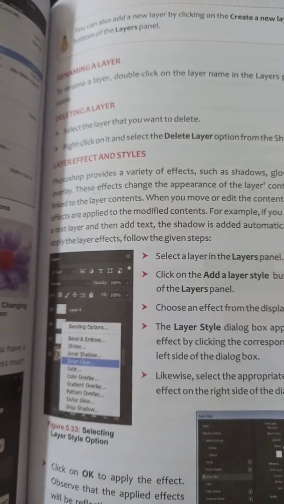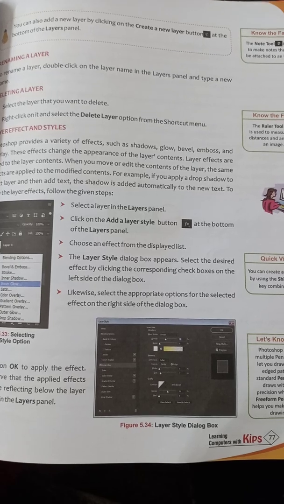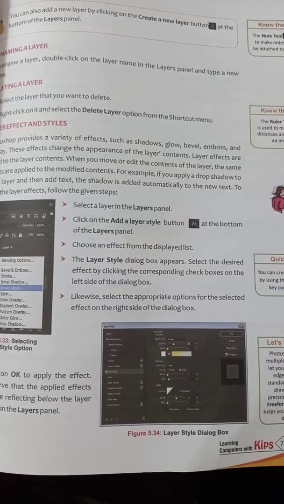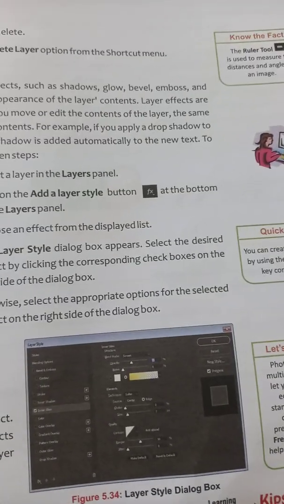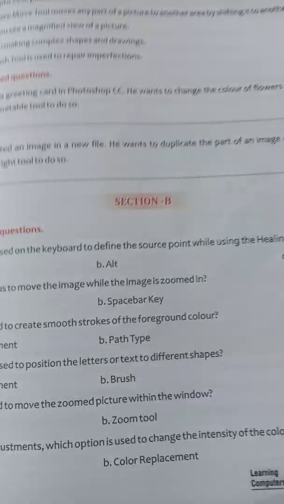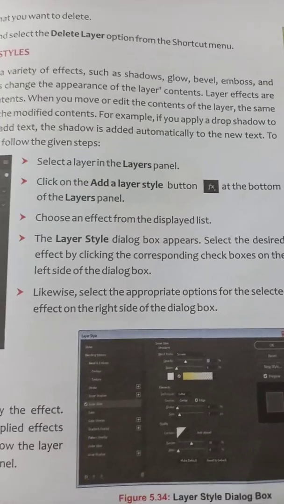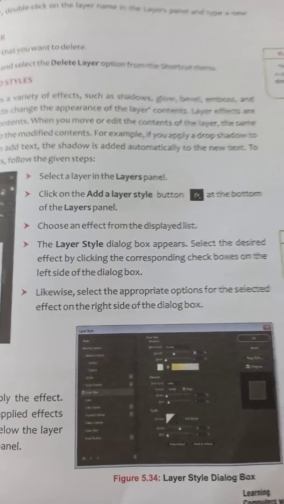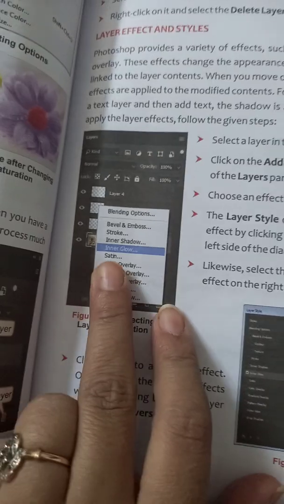Next are layer effects and styles. If we want to apply different layer effects, we can also do the same thing, and that is again very easy. We just have to click on the Layer tab where you have the add new layer option. After using the new layer option, we can apply the inner glow option. With the help of this inner glow option, we can change the effects of the layer. Different effects we can apply over here and change the appearance of the pictures. If you have 4 or 5 layers, 4 or 5 different pictures over there, and you want to apply different colors on every picture, then you can use the inner glow option.